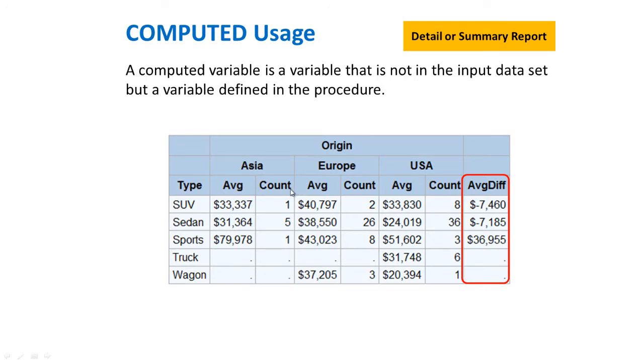Now we have the computed usage. This is a variable that is not in the input data set. It's just a variable that we're creating in the report based on other columns that we have in the report. So for example, the variable that you see highlighted here was created based on 2 different variables that are in this report and not in the input data set. All right. So now that we have seen the different types of usages that we can use,